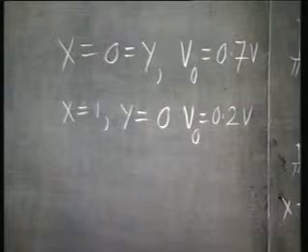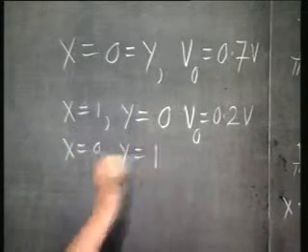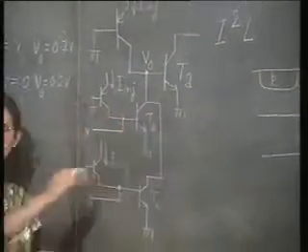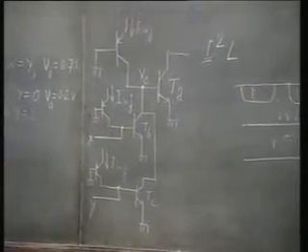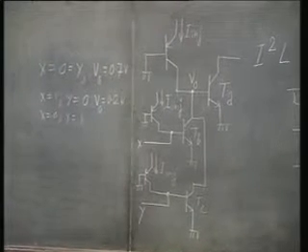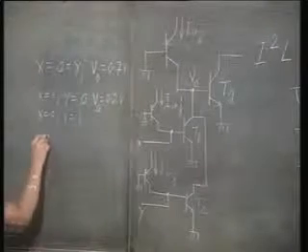Identical is the case if X is 0 but Y is 1. In that case, TC will be in saturation and V0 will still be the collector emitter voltage of a transistor in saturation, VCE sat. And even when both X and Y are 1,